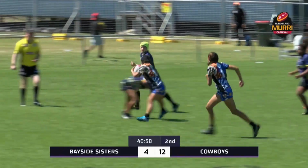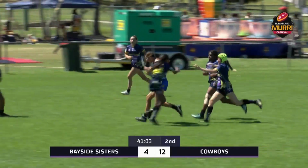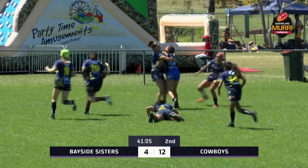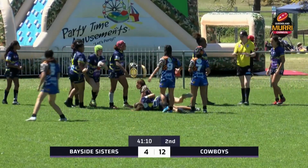Good runs going through the middle. Oh, she's beaten quite a few here at the moment. She's looking for some support and she finally gets it. And she's going out that way too. And looking good for Bayside Sisters. And she's getting close to the line. Oh,